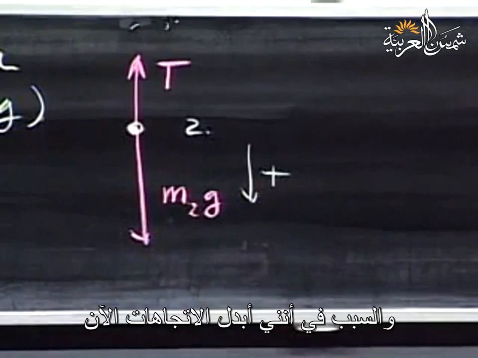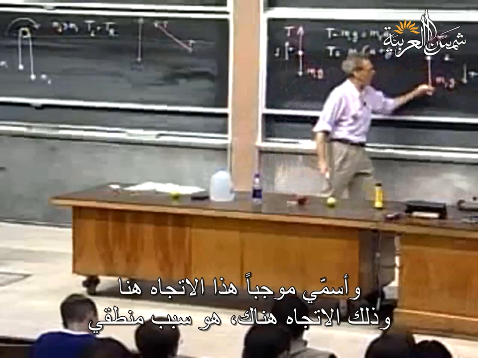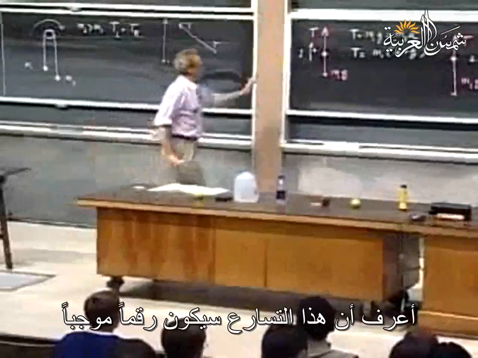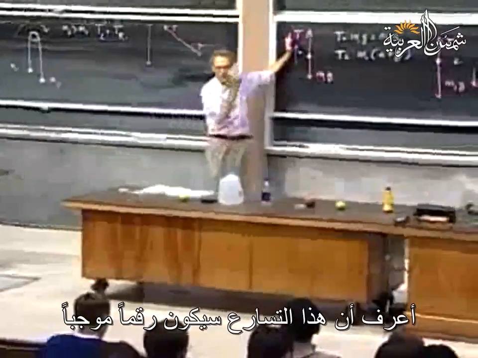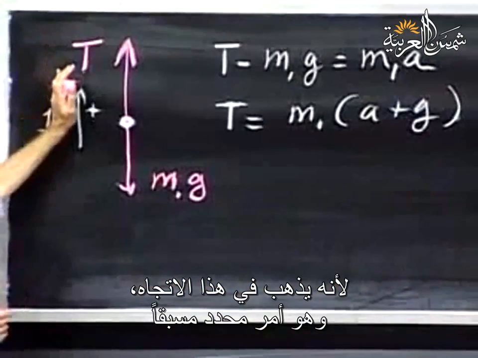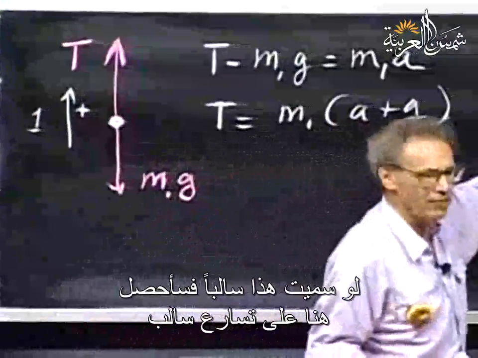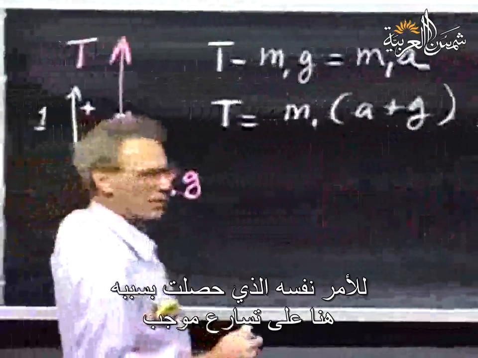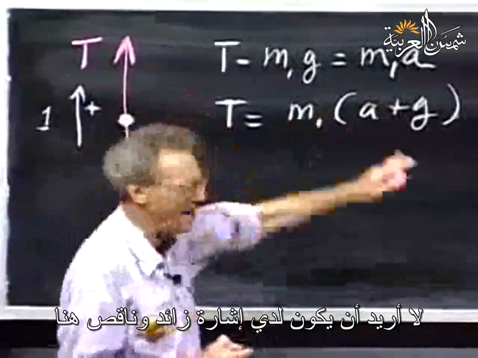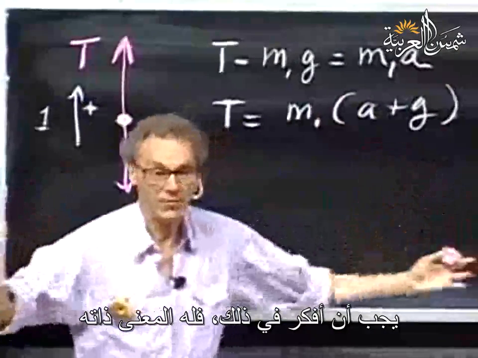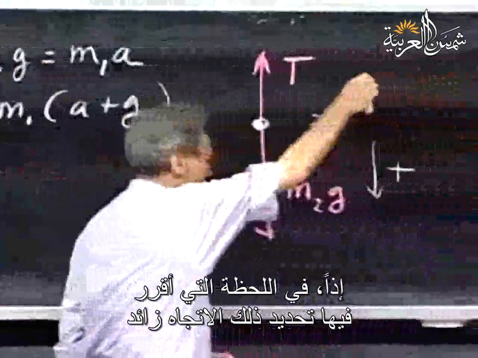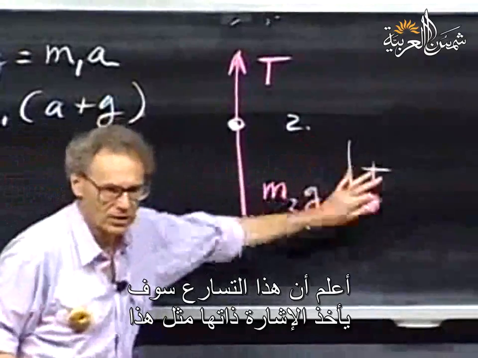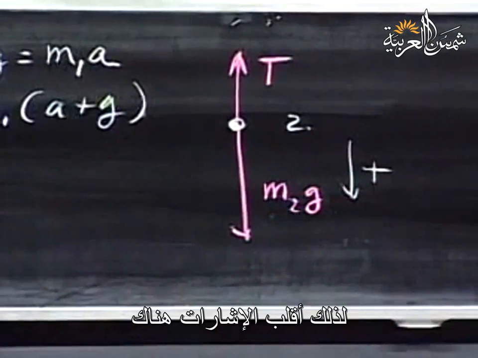The reason why I now switch directions and call this plus as well is a good reason for it. It's not so arbitrary anymore. I know that this acceleration is going to be a positive number because it's going in this direction, it's a given. If I called this negative, I would get here a negative acceleration for the same thing for which I get here a positive. That's a pain in the neck. I don't want to have a plus and a minus sign there, have to think about that it means the same thing. So the moment that I define this the plus direction, I know that this acceleration will also come out to be the same sign as this one. So I flip the signs there.